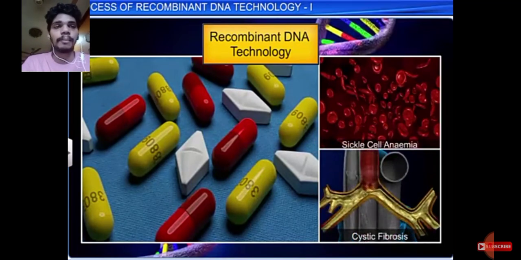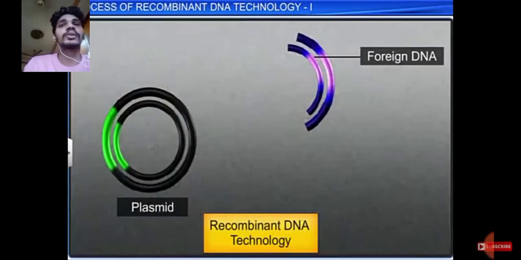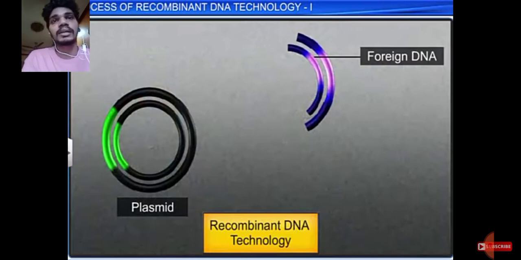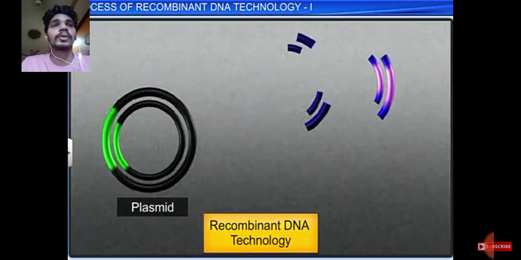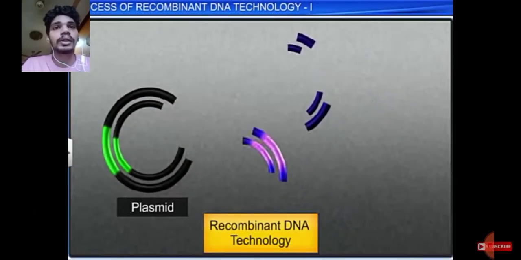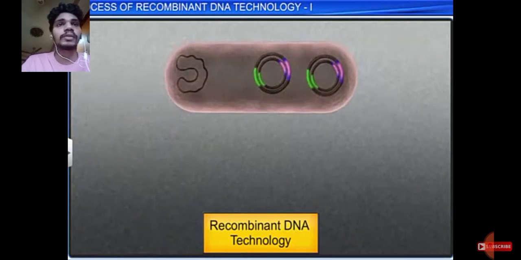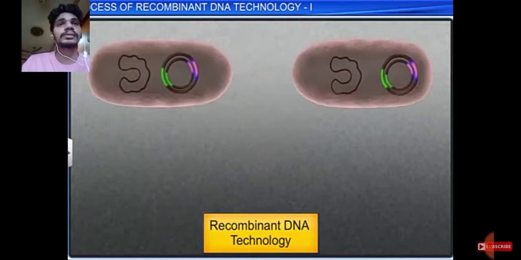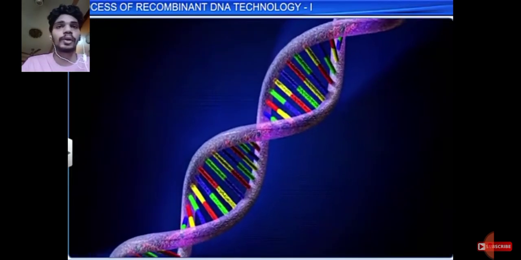Let's take an example of this, that is foreign DNA is introduced in the plasmid. We can't directly introduce the foreign DNA into any host, so we need a vehicle, that is called a plasmid, and the foreign DNA is incorporated into the plasmid like this. It is cut open and then inserted, and that is called a recombinant DNA. Now the chromosome of that E. coli is there, and it starts reproducing one by one, step by step, and the DNA is generated over there.